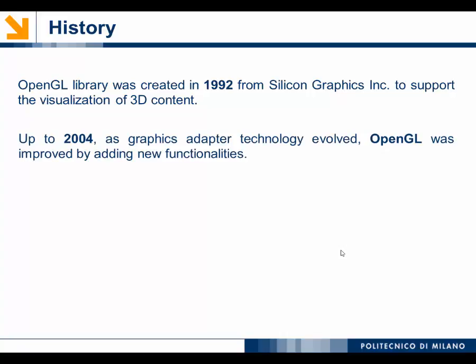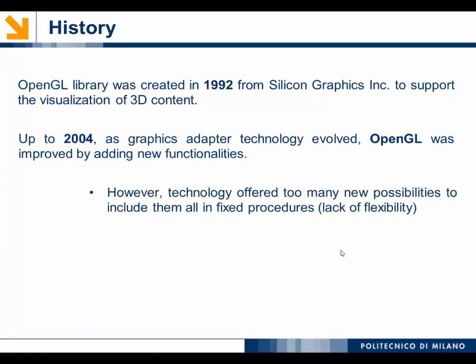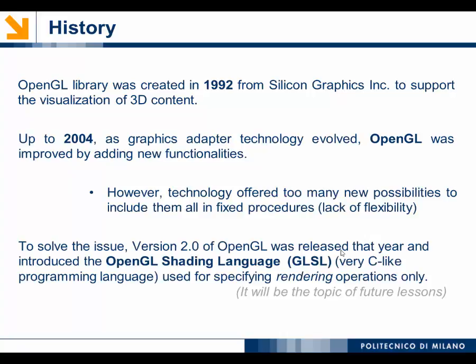Up to 2004, the evolution of graphic adapters didn't allow visualizing things in so many different ways. But as technology evolved, greater flexibility was required by the programmer in order to do things more complicated than before that date. So new functionalities were added to OpenGL, and it was in this date that version 2.0 of OpenGL introduced